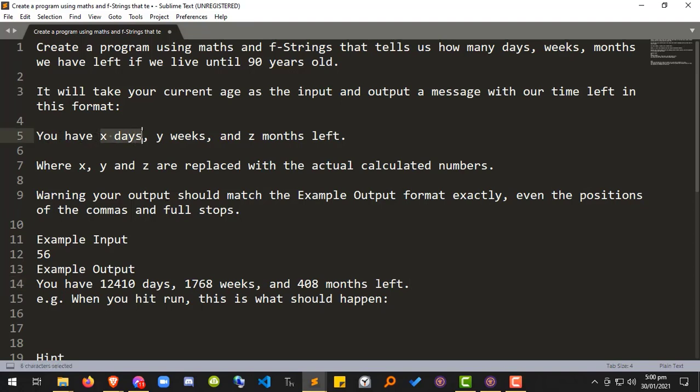You have pila ra kang kaadlaw. For example, ang edad nimo kuman is example 14 or 15. Pila ra kang kaadlaw gikan kuman abot sa 90 years old, assuming na you will live abot ng 90 years old. Pila ka weeks gikan kuman again abot 90 years old ka, and pila ka months gikan kuman abot 90 years old ka, where x, y, and z are replaced with actual calculated numbers. Warning, your output should match the example output format exactly, even the position and the commas, dapat masundog ininizo na